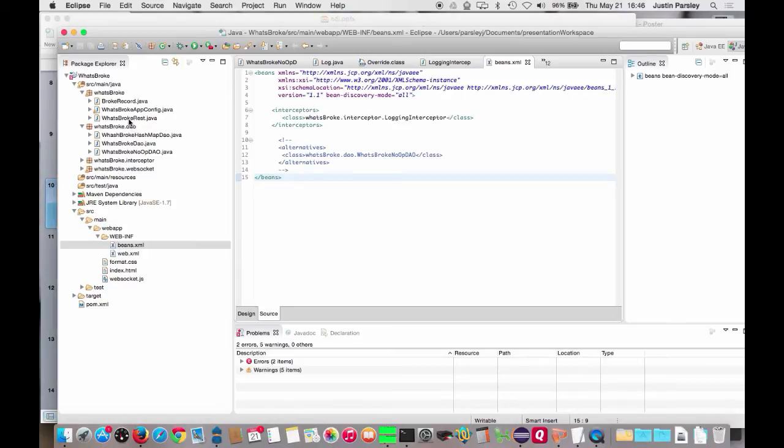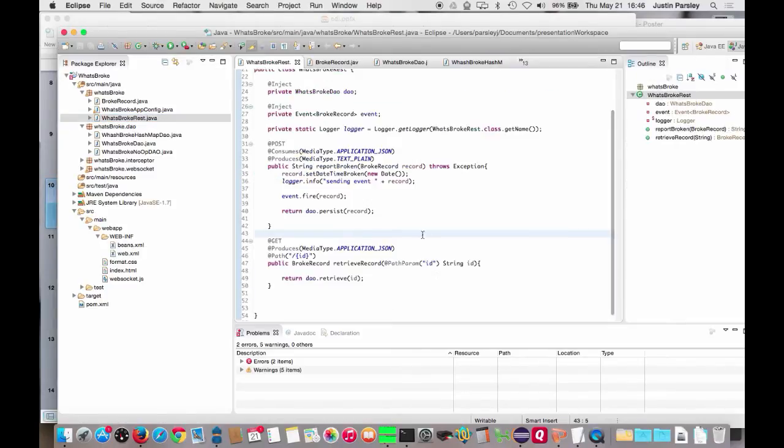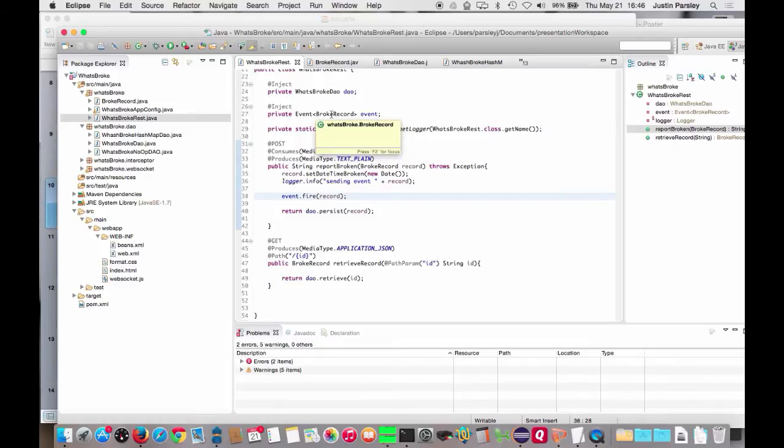So if we talk about that REST service, what we want to be able to do is say event.fire. So now all I've done is I've injected an event handler with the generic type of the broke record, the record that represents, like I said earlier, that observation. So we say event.fire. Now if you notice, there are no dependencies in here on that WebSocket portion, right? Anything could be receiving it or nothing, right? If I didn't have anything set up to consume those events, nothing would happen. So let's look at